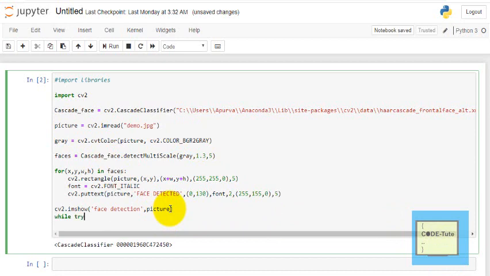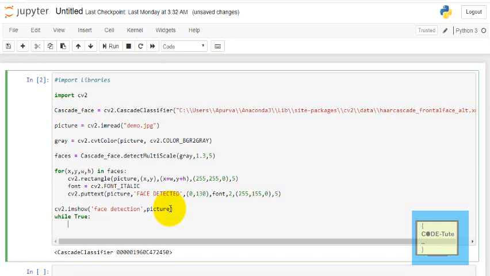Now you have to initialize a while loop. To check the output, we need to refresh the screen, and if you want to terminate the application, then a certain specified key should be pressed. In cv2, waitKey is used to pause the screen. It waits for a specified number of milliseconds for any keyboard event.